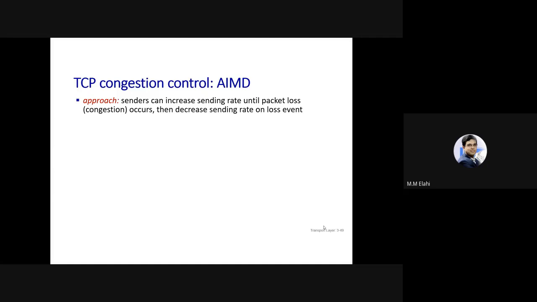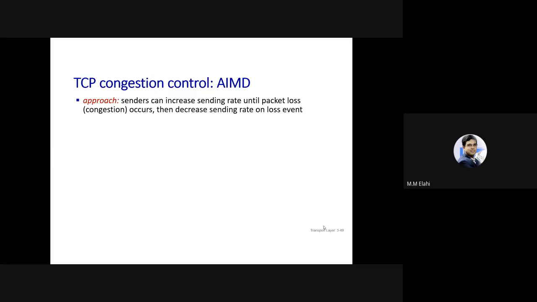So additive increase tells us that always increase sequentially. So if you send one segment in one RTT, there is no loss. Then in the next RTT, send two segments, no loss. Next RTT, send three segments, no loss. Next RTT, send four segments. But if there is a loss,